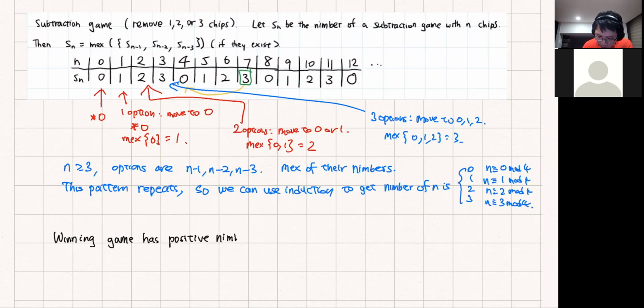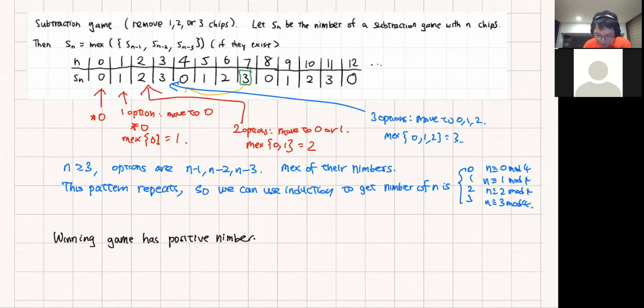Okay, so a winning game has a positive number. For example, all these are winning games. It's just when it's 0 that it's not a winning game. If it has a positive number, that means that when you're taking the max, one of the numbers has